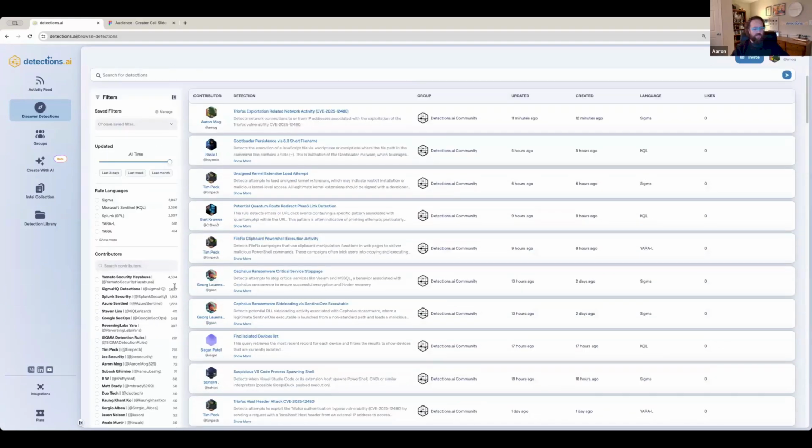You can also see here that a lot of the larger pools of detections are from GitHub repos and already existing community efforts. So we're just trying to amplify that. If you have a repo that you think would be cool, or you run a repo and syncing it up makes their life easier, let us know.